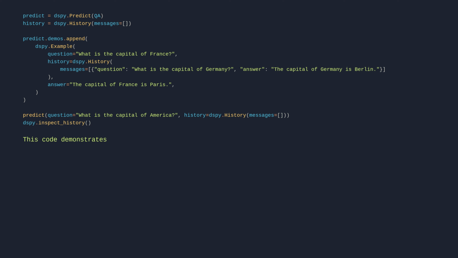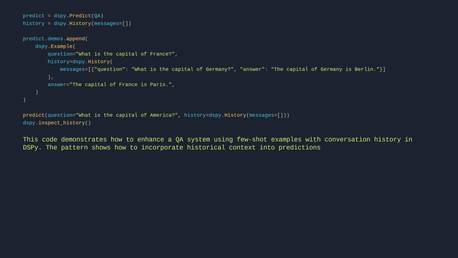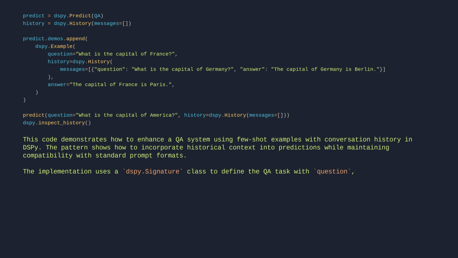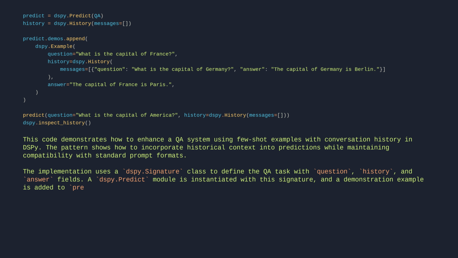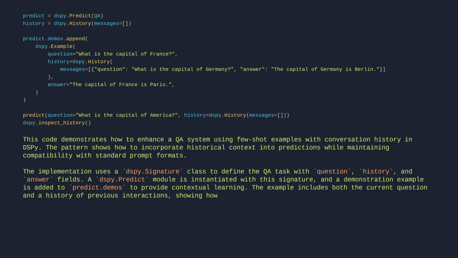This code demonstrates how to enhance a QA system using few-shot examples with conversation history in dspy. The pattern shows how to incorporate historical context into predictions while maintaining compatibility with standard prompt formats. The implementation uses a dspy signature class to define the QA task with question, history, and answer fields. A dspy.Predict module is instantiated with this signature, and a demonstration example is added to predict.demos to provide contextual learning. The example includes both the current question and a history of previous interactions, showing how to structure multi-turn